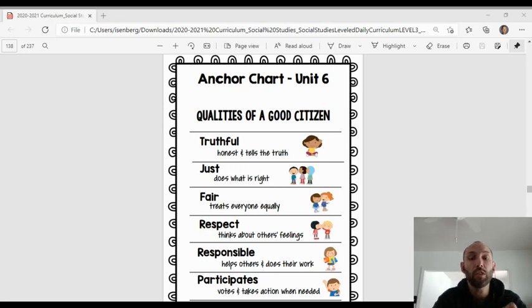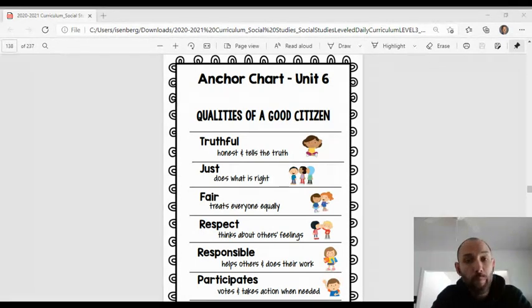To understand being a citizen, as we learned earlier in the year, is somebody who is a part of a community, whether that is a local community like the town you live in, or a school community, or even on a larger scale, being a citizen or a member of a country like the United States, for example, or even being a citizen of the world. Citizens are just people who inhabit or live in an area, and ultimately, we want the people that live in these areas to be good people.